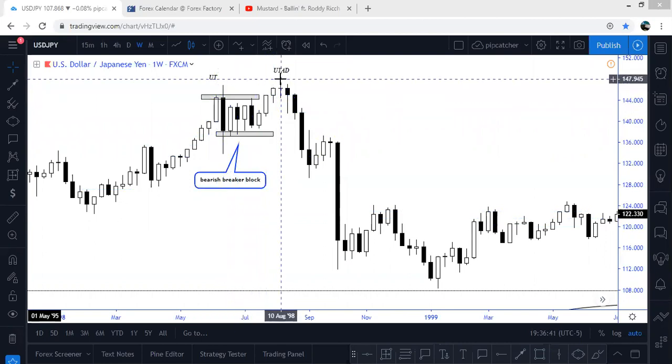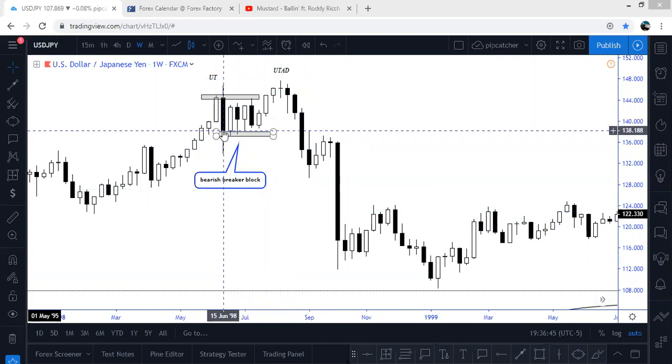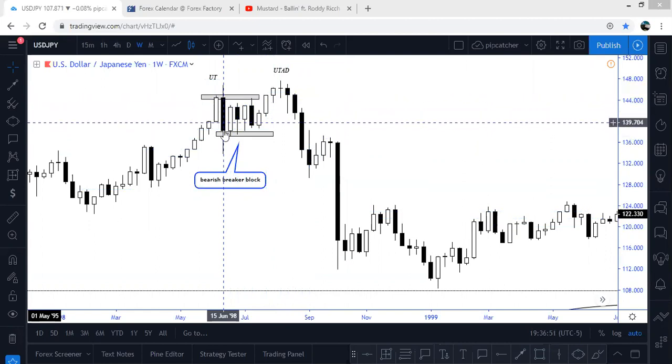So the old high got violated, came down, the closed down candle. So I see that there's this one, this big